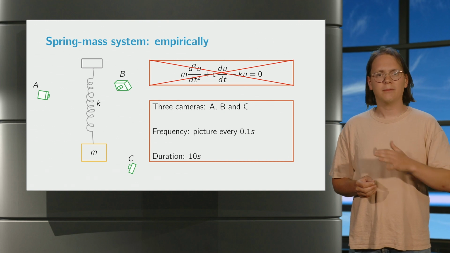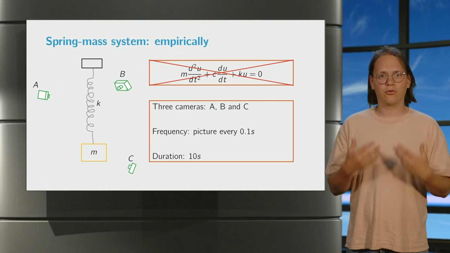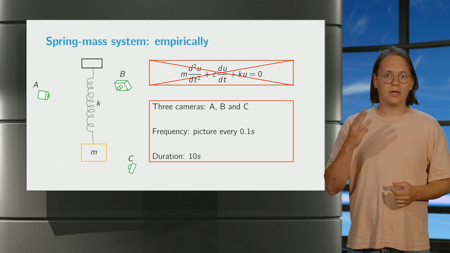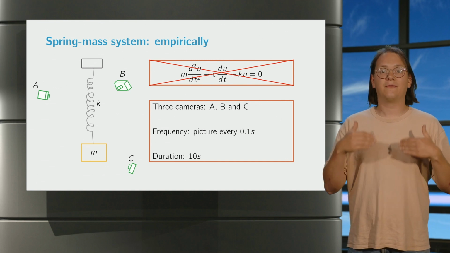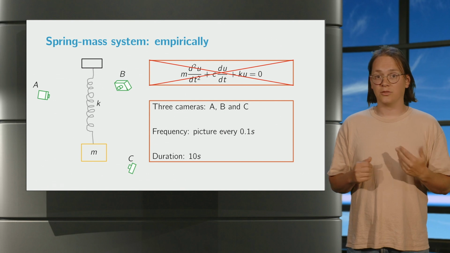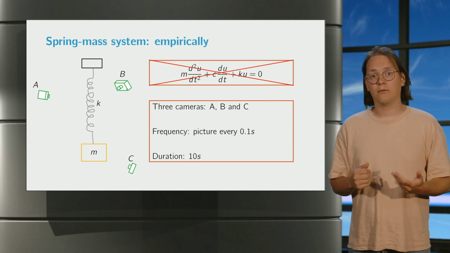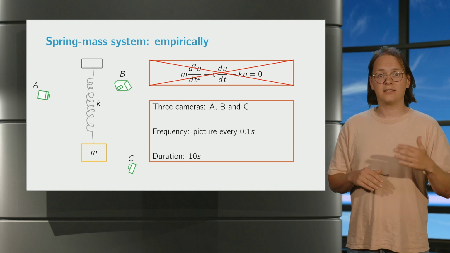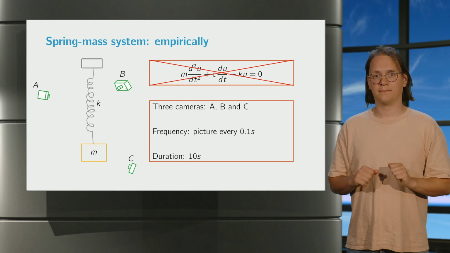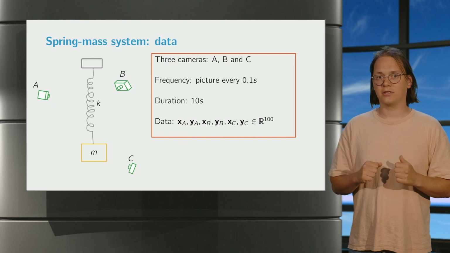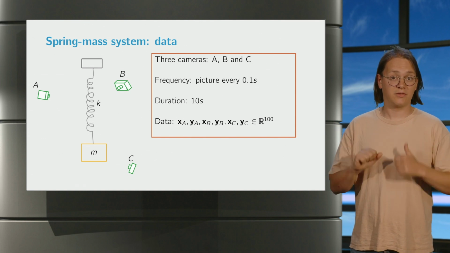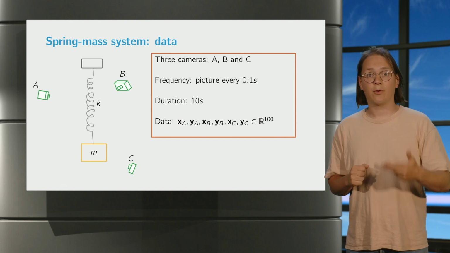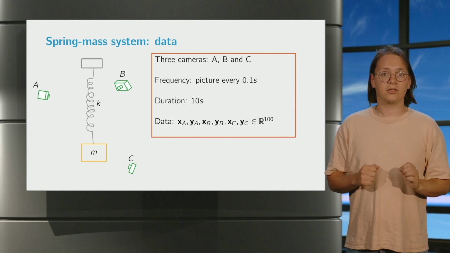Now suppose we don't know any of that and would like to determine it by collecting data. In particular, we will set up 3 cameras to make pictures every 10th of a second. Since we don't know anything about the dynamics, we will make sure to set the cameras up at various different angles. Let's say we run the experiment for 10 seconds. The result of this experiment will be 6 vectors with 100 components each. Indeed, each camera will provide 2 of these vectors in the following way.